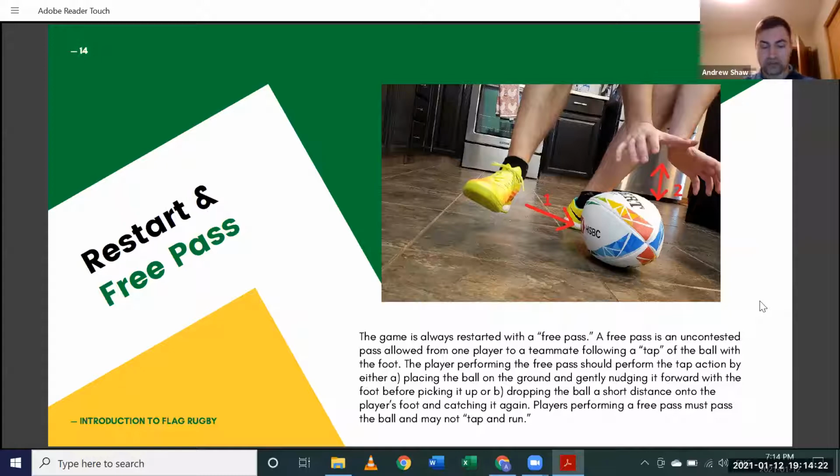You can also hold it above your foot, drop it onto your foot, tap it back up, and pass it from there. In flag rugby, you can't tap and run. You have to pass that ball. That's a common mistake that I see with people who are new to flag rugby, is they tap that ball and they want to run with it like they would in contact rugby, but they have to make